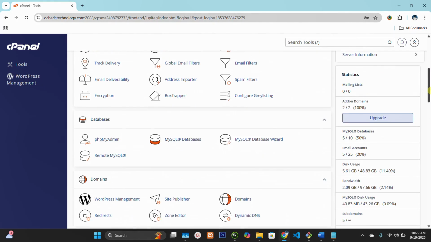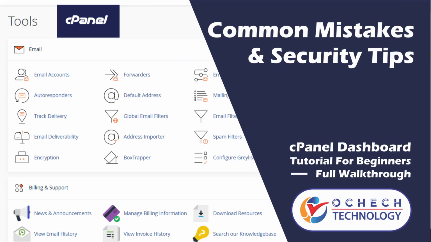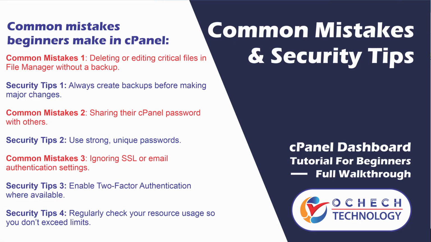And before we bring the video to an end, I'd like to share some security tips and common mistakes beginners make in their cPanel. Number one is deleting or editing crucial files in File Manager without a backup. You will always want to create a backup before you make any major change from your File Manager, to any of your files. Number two,